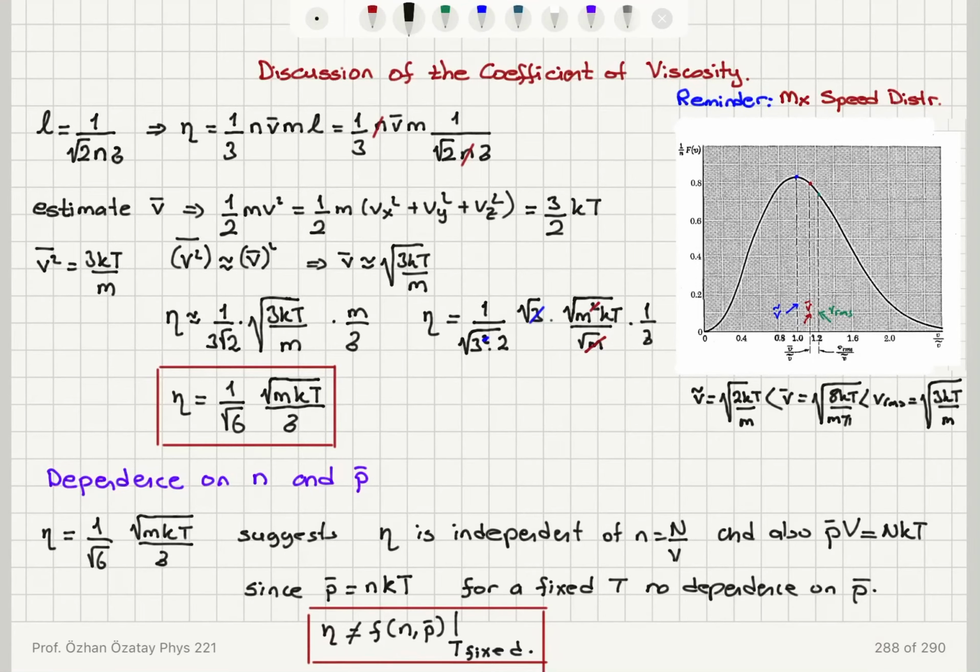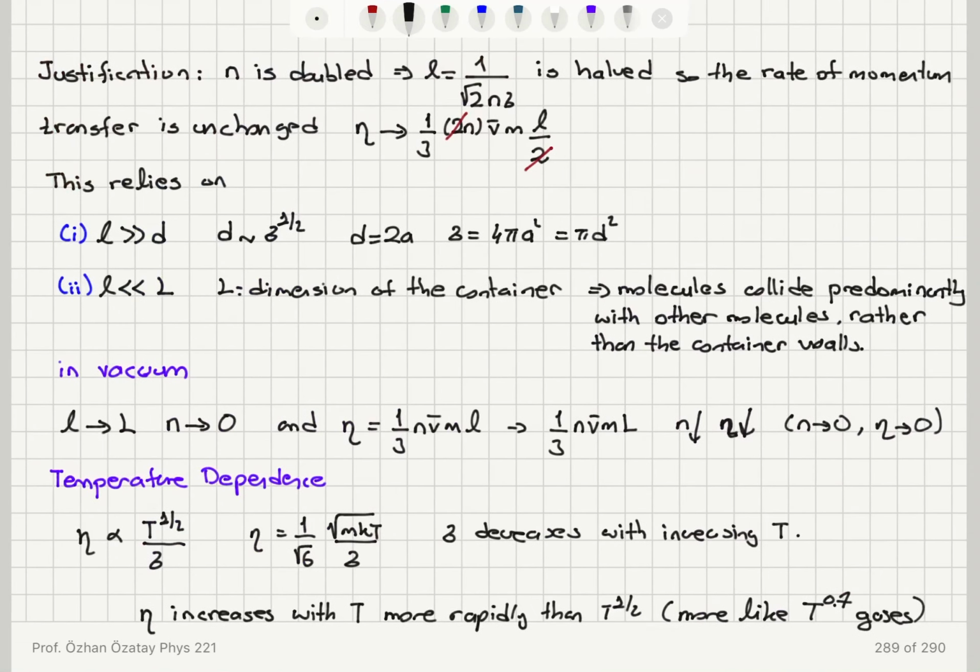So this explicitly suggests that there is no dependence on n. Because PV is equal to nkT, the pressure is equal to number density times thermal energy kT, so for a fixed temperature there is no dependence on pressure or number density for the coefficient of viscosity. Indeed, if we double the number density, the mean free path will be halved, so it's going to cancel. Well, this relies on the assumption that the mean free path is much greater than the diameter of the